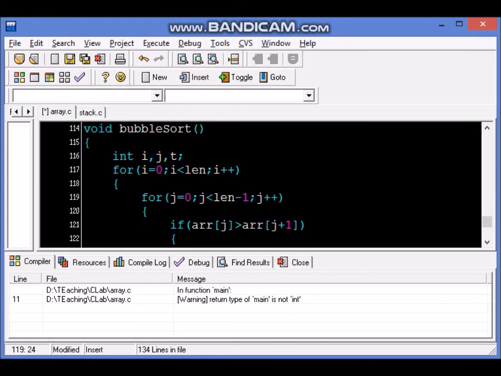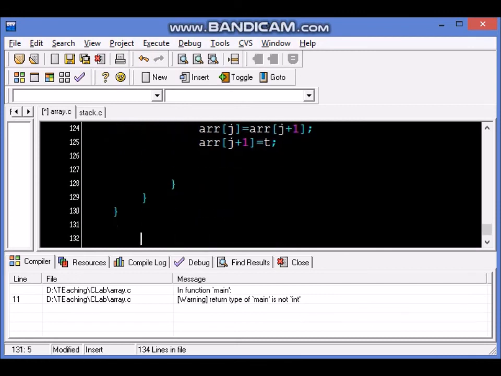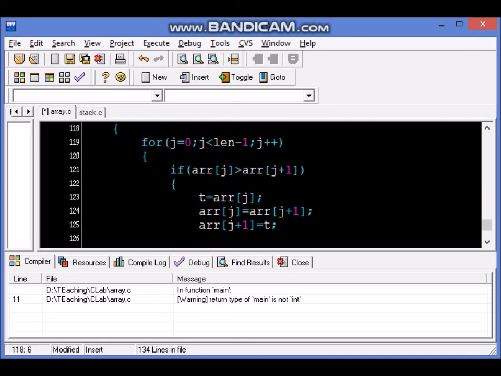Okay. Again, this could be optimized further. We are not doing it right now. We will learn how to optimize bubble sort in a further code. But essentially, this is the simplest piece of code you could write. For i is equal to 0 to len, for j is equal to 0 to len minus 1. Each time, if it's out of order, we swap it. And that's all the code is. Simple code, easy to implement.